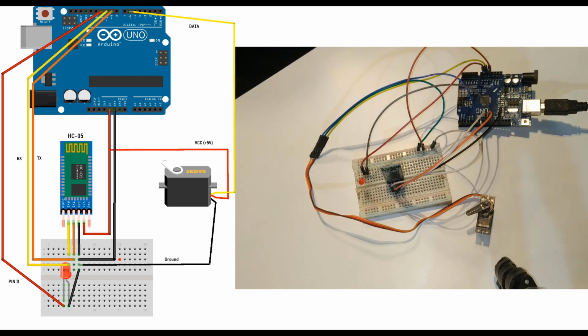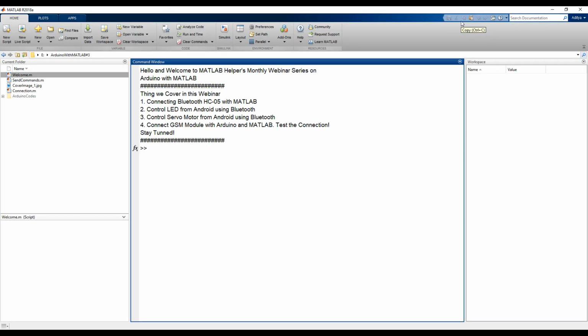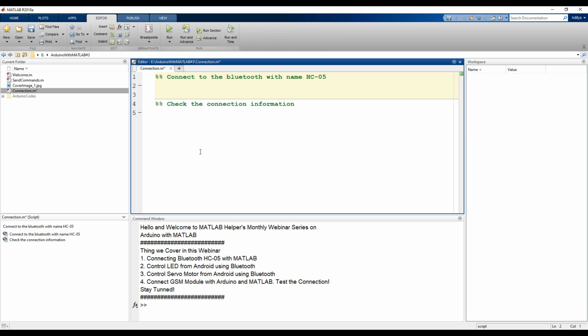So once you're done with the connection diagram, next comes the part where we are actually going to code it. So let us start with the connection of Bluetooth.